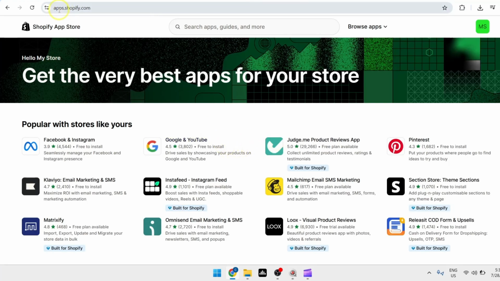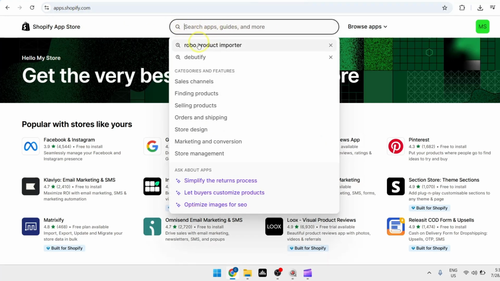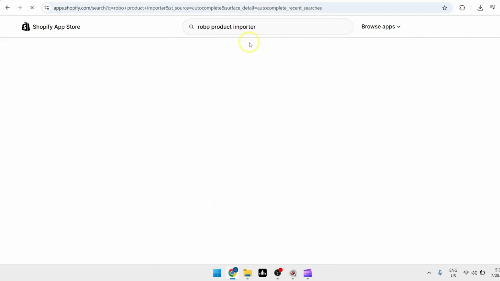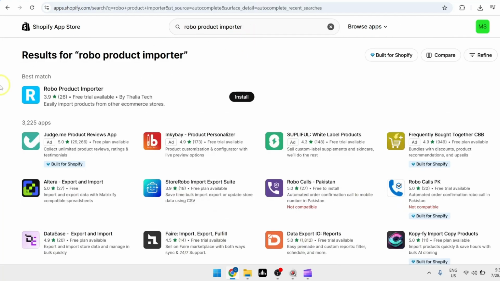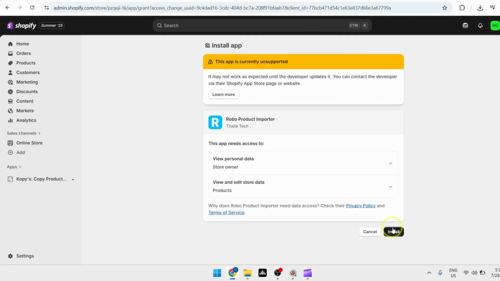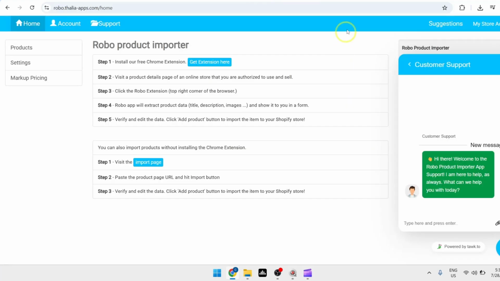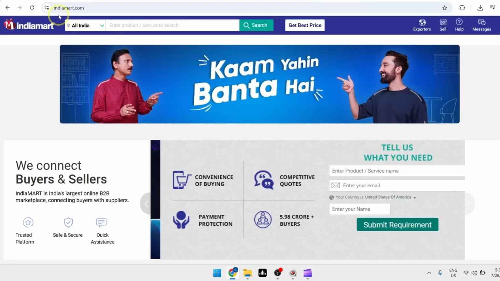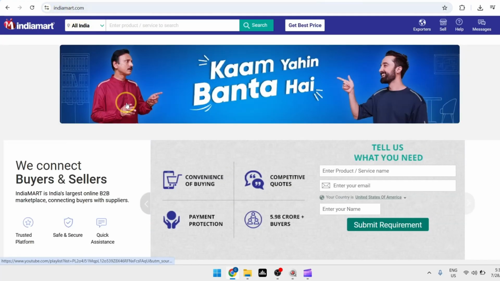In another tab, just head over to apps.shopify.com, and from here, we're just going to search for Robo Product Importer, and we're just going to install this app. Just click on install. Now from here in a new tab, we're now going to head over to indiamart.com, and